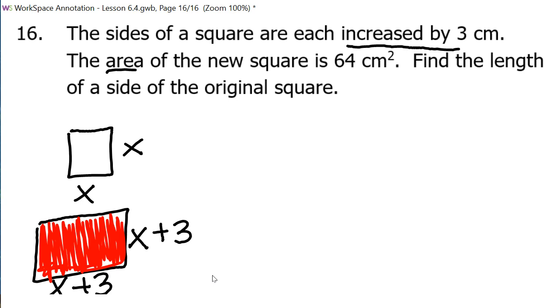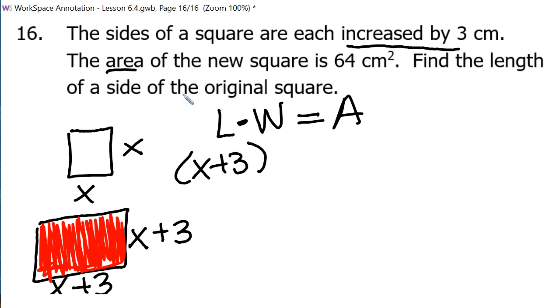Okay, so it says the area of that new square is 64. So if we're talking about area, how do you calculate area? Yeah, this would be length times width would equal the area. And looking at this red square, what is the length? X plus 3. What is the width? X plus 3. And they said the area is 64. 64 was the total area. Now, someone mentioned you could do side squared, and that's true. But here we have x plus 3 times x plus 3. And what's another way I could write that instead of double distributing? X plus 3 squared